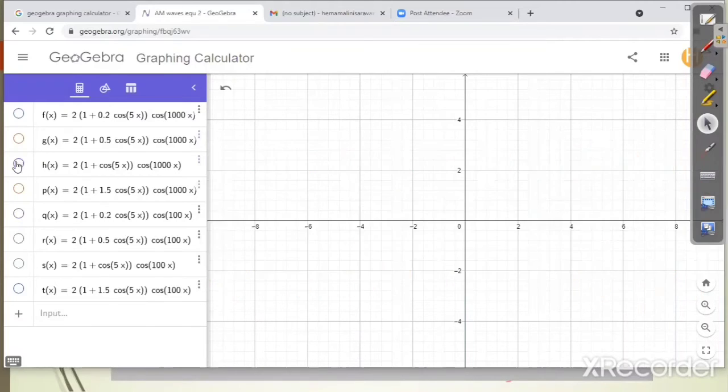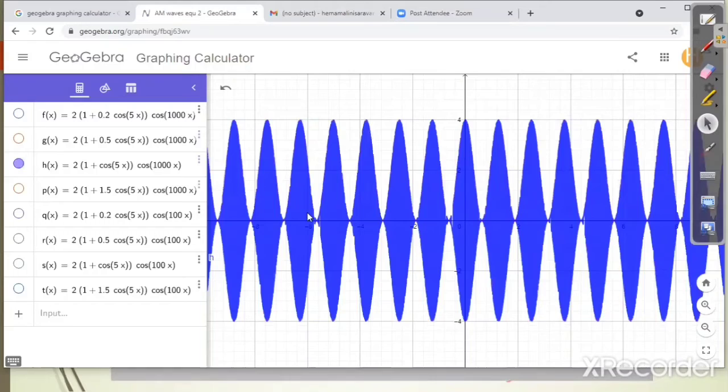Next, we are going to see the waveform when the modulation index is 1, which is called critical modulation. Here the envelope falls to 0 and rises to twice the carrier amplitude, because we took Ac, the carrier amplitude, as 2, but we can observe here it rises to 4, which is twice the level, and it falls to 0. So it is our critical modulated signal, and it is 100% modulation.